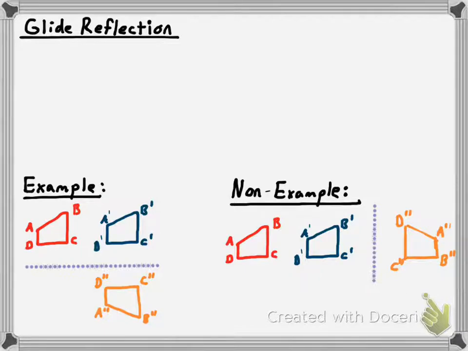A glide reflection is a composition that involves a translation or a glide. Remember, slide is a translation, and if you're gliding, you can say you're sliding. All right. It's a composition of a translation and a reflection. Although there's a slight bit more to the definition than just that I need to explain to you. And so our definition, a glide reflection is a translation